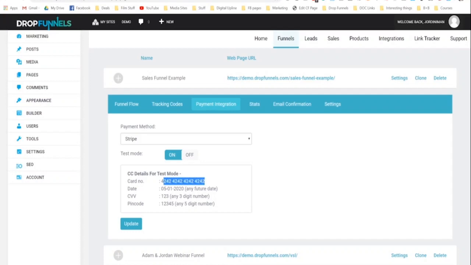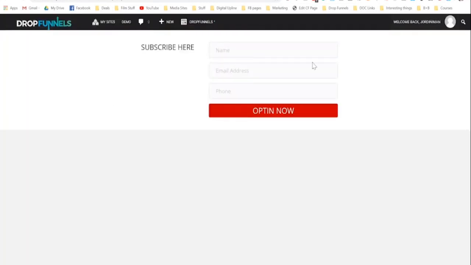So let's go ahead and go through our actual funnel. So I'm going to copy this as well. And let's go and click on this very first page. This will automatically send us to the opt-in page, and then we can go through the entire sequence. So now the opt-in page here has